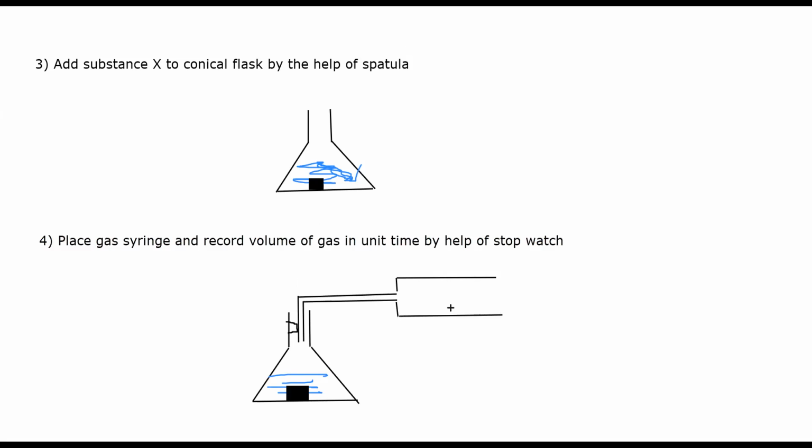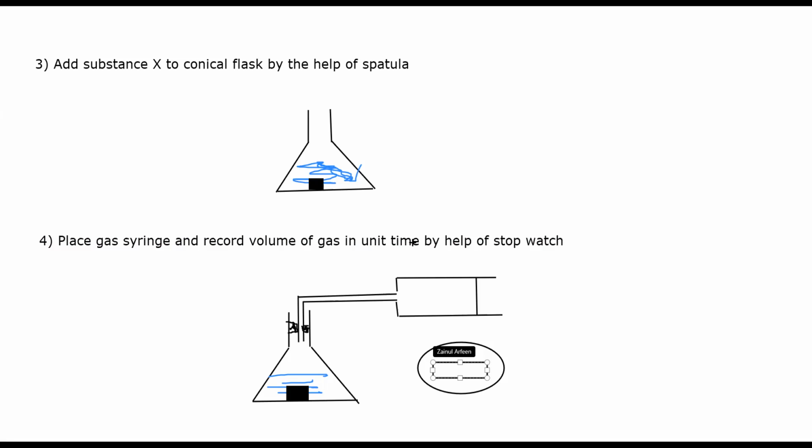They asked to draw these figures as well, so you have to practice. Here's a stopper or a rubber bung, and using a stopwatch at a certain time interval, we are measuring the volume of a gas given off. So we place a gas syringe and record the volume of gas in unit time with the help of a stopwatch. Now, because a substance is a catalyst, it should alter the rate and the mass of the substance should